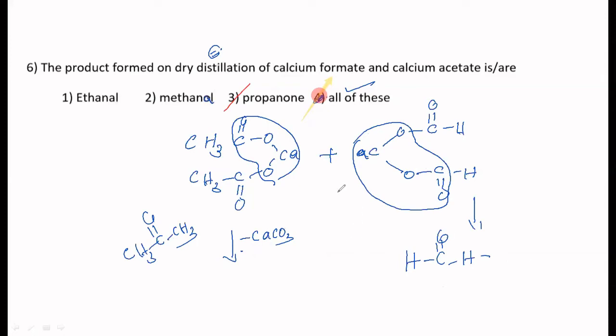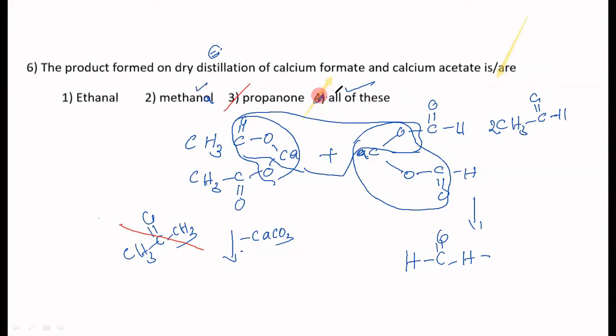So this is one. When you take both of them, you have to remove this calcium from here and then you have to go like this. Remove one of them, so you will get the other one, that is ethanal, CH3, C double bond O, H. Two molecules of this will be formed if both the molecules are going to react. So therefore, make it AL and then take the answer as all of these. Okay.